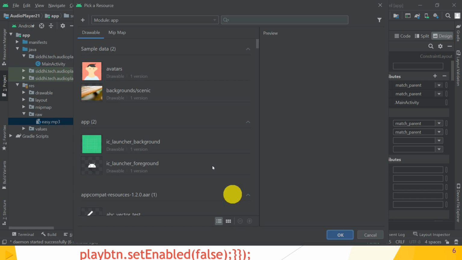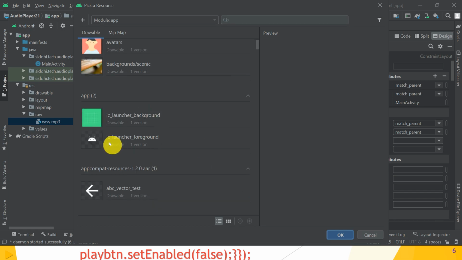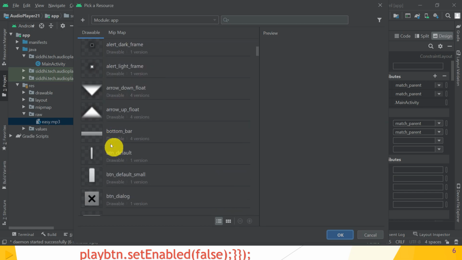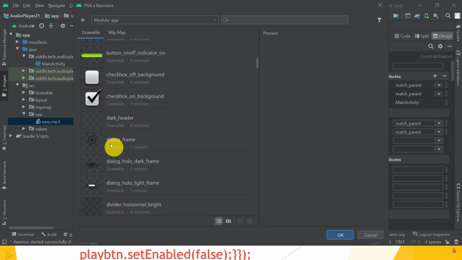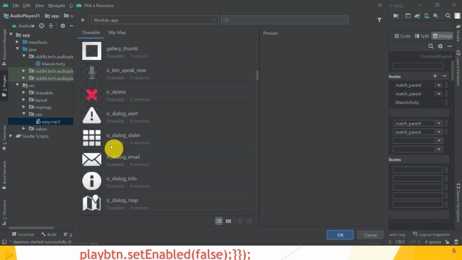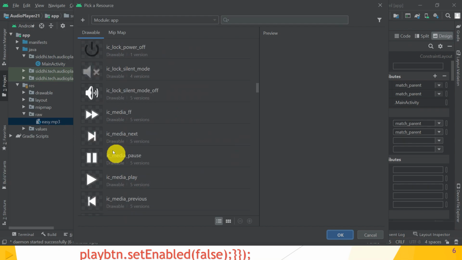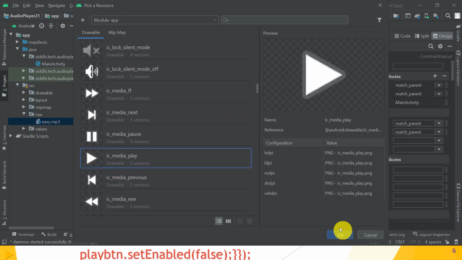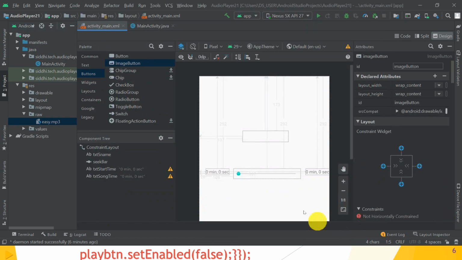Now choose the icon or image on that button. There are some built-in images for play, so choose play media and click on the OK button. Great. So it gives you the play button.